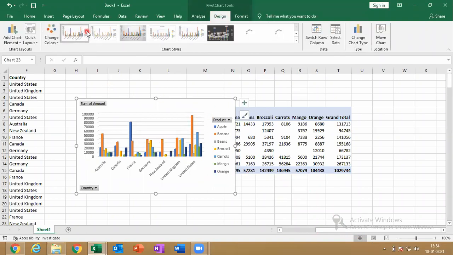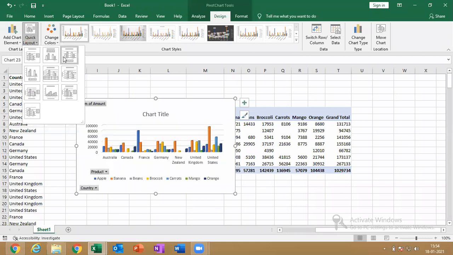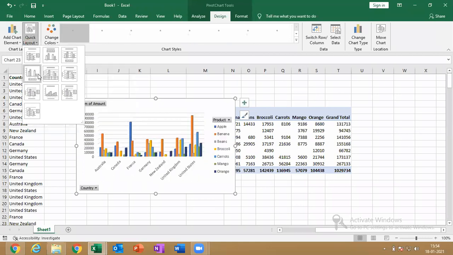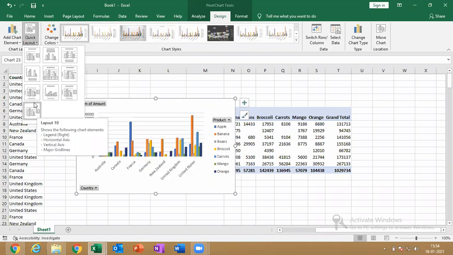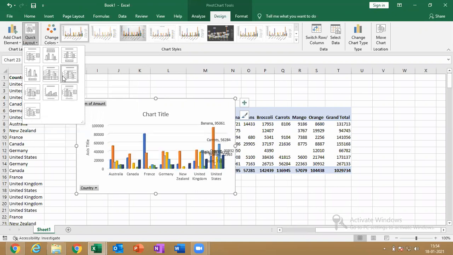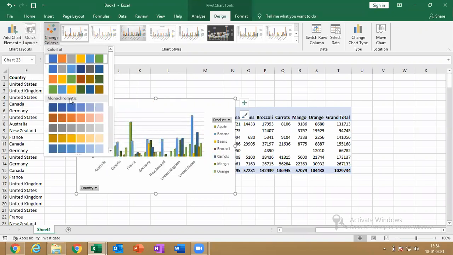Go for chart design tool. See, these are the different elements we can use. And these are different color themes we can use.